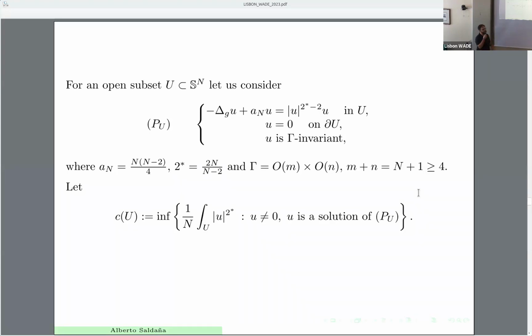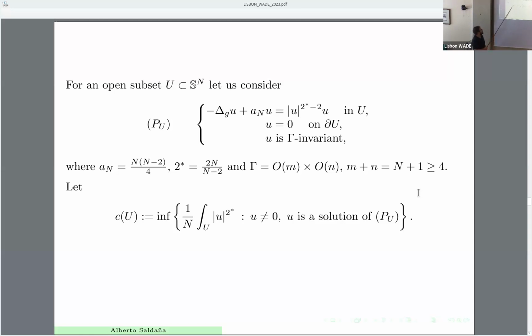Okay, what would be the criteria for optimization? It is going to be the following. Consider a subset of the sphere, and in this open subset, consider this PDE, which is the Yamabe problem with Dirichlet boundary conditions on the boundary of this set U. And I ask also for the symmetry. Okay, for a solution of this problem, which we now know exists because of the compact embedding,